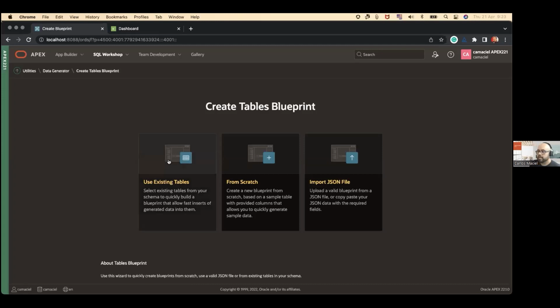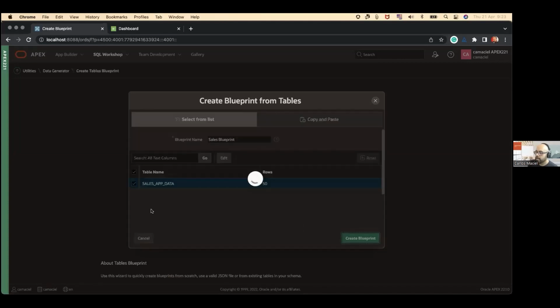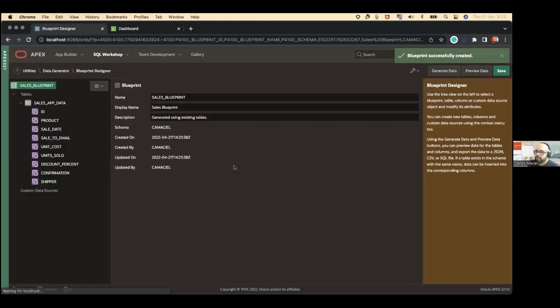So let's use the existing tables feature. Here, all we need to do is select our table or tables, provide some friendly name here, and you will be redirected to the blueprint designer in a few seconds. So here, the blueprint designer is intended to work similar to the page designer. Actually, on the left, you will see the tree view of the table that we just imported into the blueprint